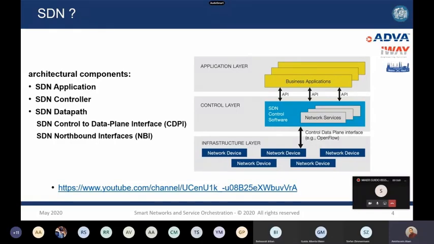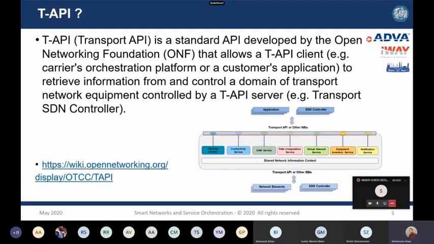And for more detail, you can see the YouTube link below this slide. This is my YouTube channel, and you can find the SDN and NFV videos for more detail and get to know what is SDN generally. And continue,